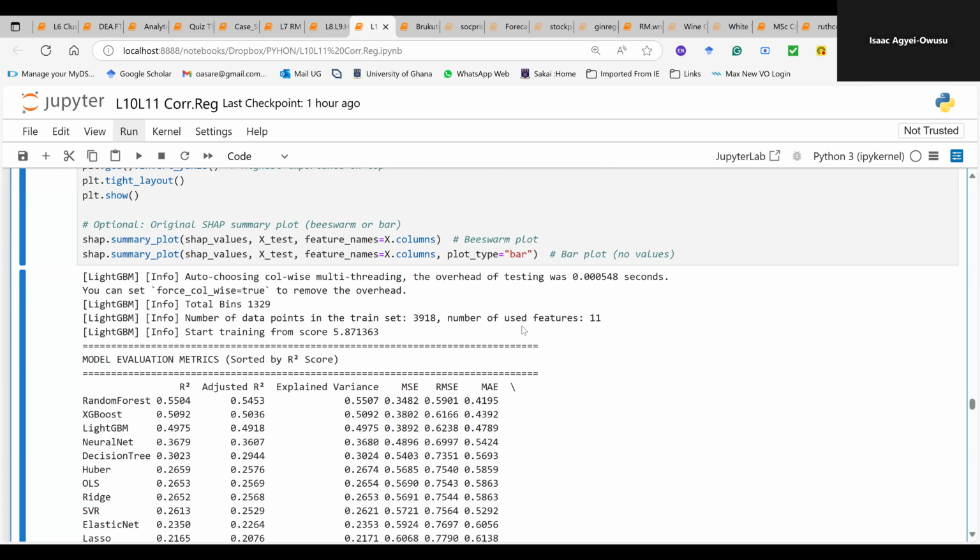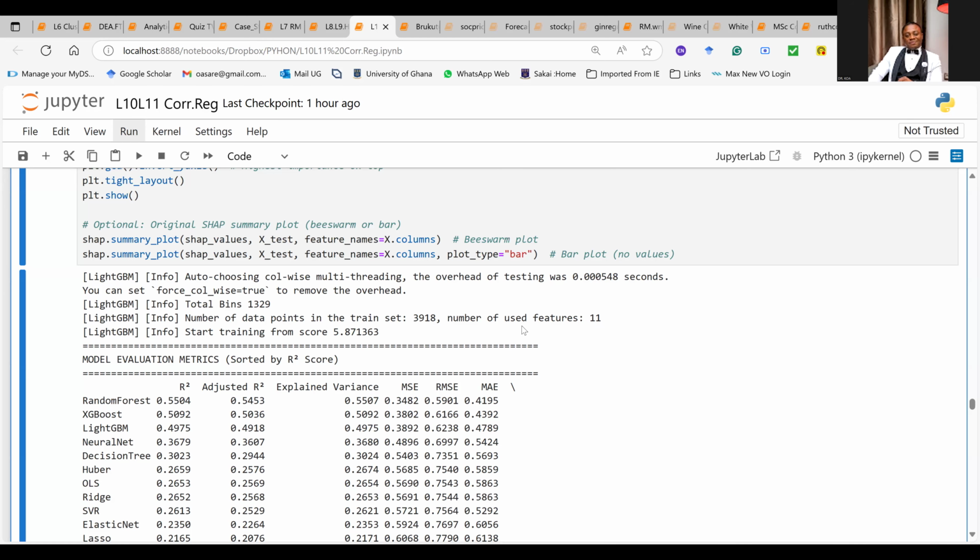Whichever one you run, you see, the thing is that when you don't understand what you are doing, that is when you stick to one thing and you come out with a wrong result. Suppose I have just gone to run regression alone. You just look at the results now, and you will see that if I ran only regression, the first 5 that I did, I would have failed. There were 5 different models I did. But if I had used that, I would have failed. I'll come back to your question.